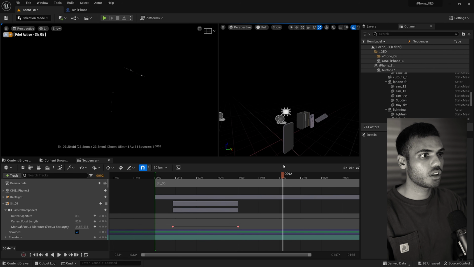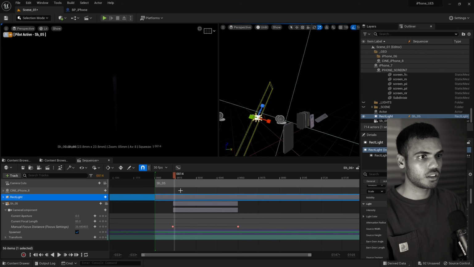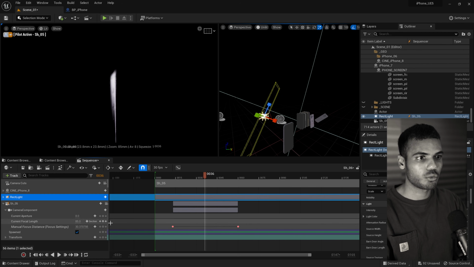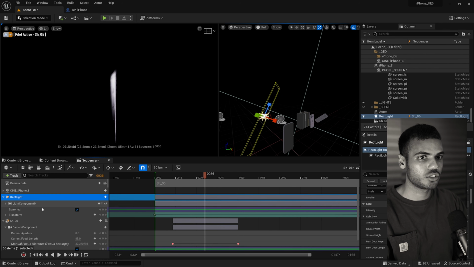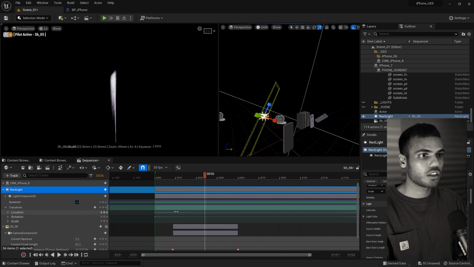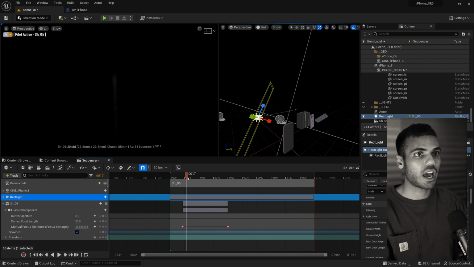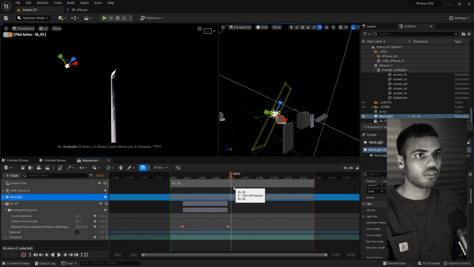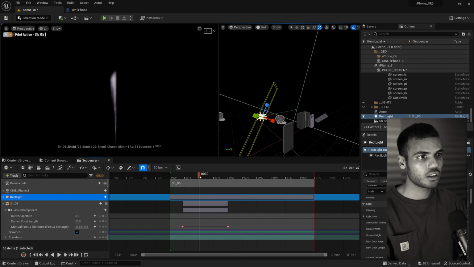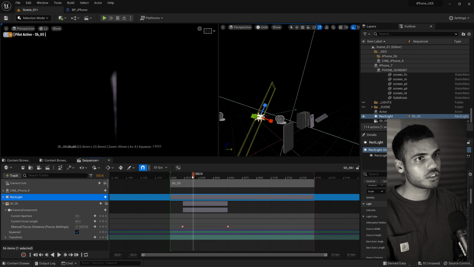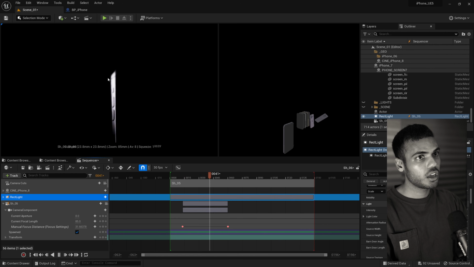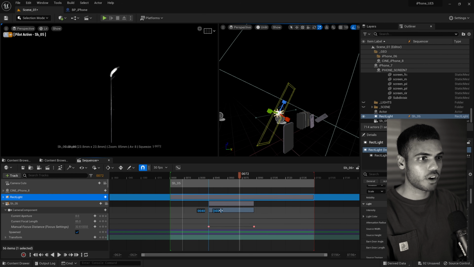Cool. All I've got is this light that I've brought in, also spawnable, and I've just animated it from left to right, as well as animated the intensity. So just the transform values as well as the light intensity values. Now, what I really like about this is the ramp of the focus distance. So if I open up my camera here, you'll see I have animated the focus distance. So that's something you can also look into doing, and then just really moving around these keyframes until you've timed it correctly.